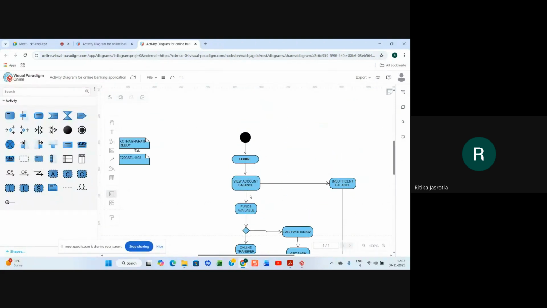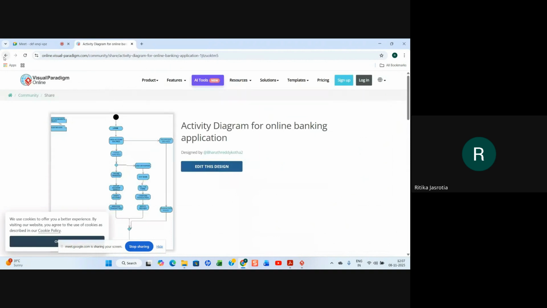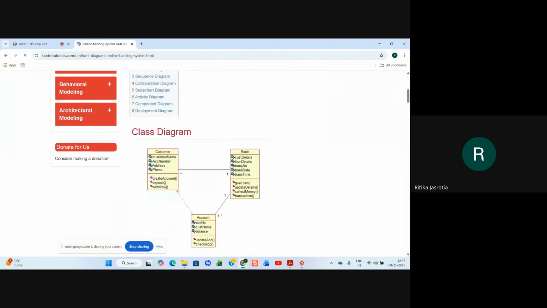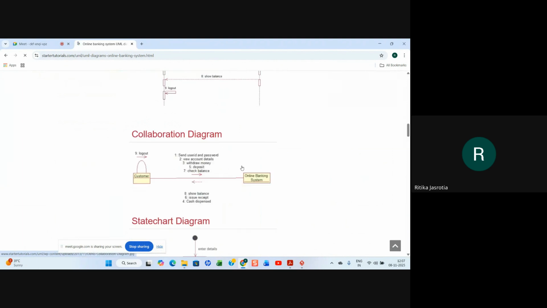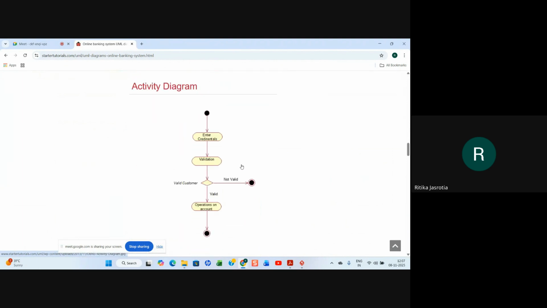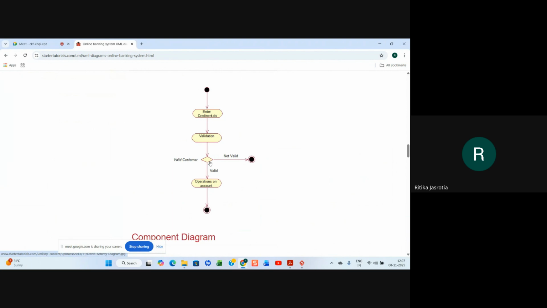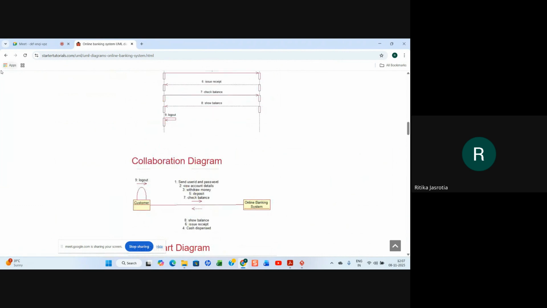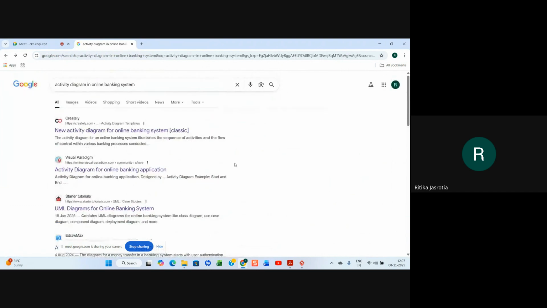So this probably will not be the best. But I think we can fill the form from here and raise the request. You can raise a request. That is a different scenario. Enter credentials, validation. So they are just showing the login component, I think. Login information they have shown. So what I have told you, make it that way only. That is the best thing.